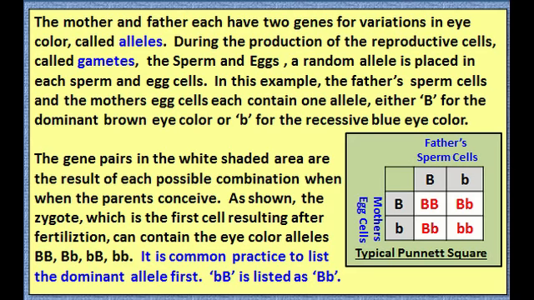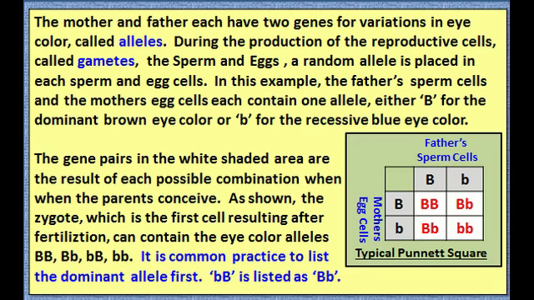sperm and egg cell. In this example, the father's sperm cells and the mother's egg cells each contain one allele, either a capital letter B for the dominant brown eye color or the small letter b for the recessive blue eye color. The gene pairs in the white shaded area are the results of each possible combination when the parents